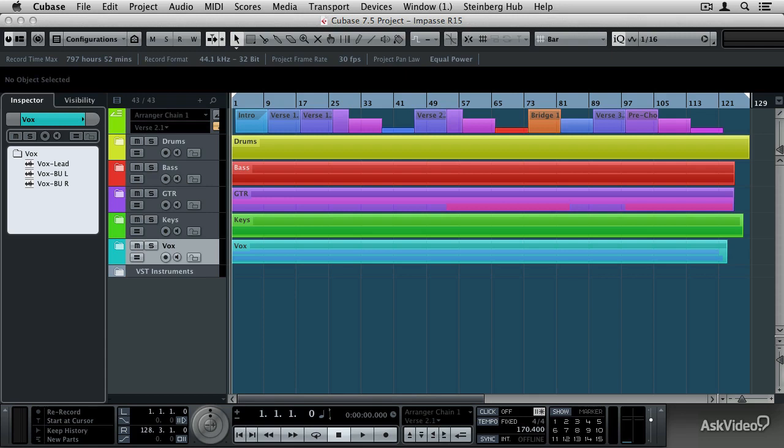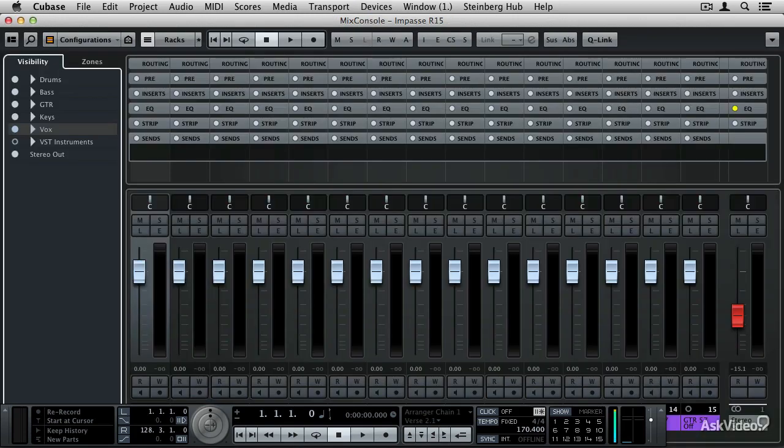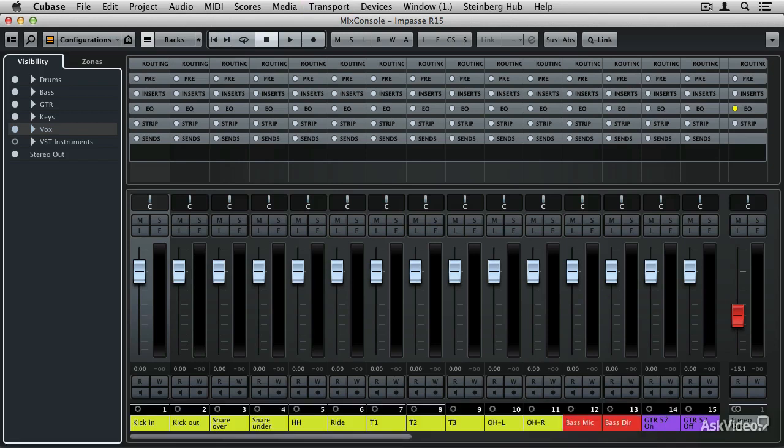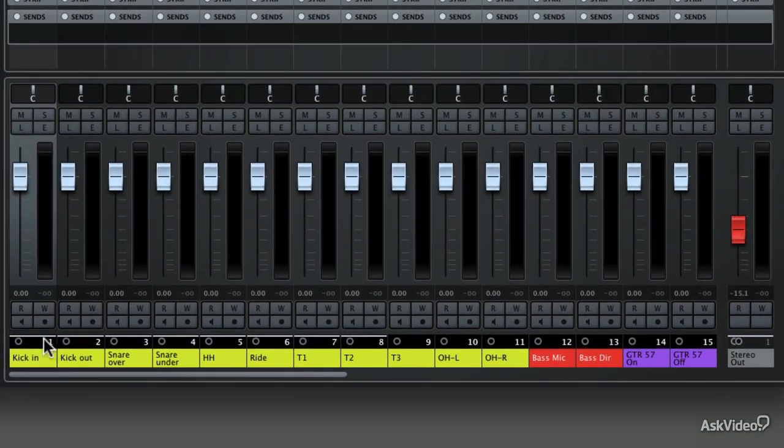And there's a couple of different ways to add group channel tracks, and I'm going to start with my favorite way, which is done inside of the mix console. So I'm going to type F3 to get to my mix console and F2 to get rid of my transport panel. And now what I'm going to do is take a look at these drum tracks, and again, there's 11